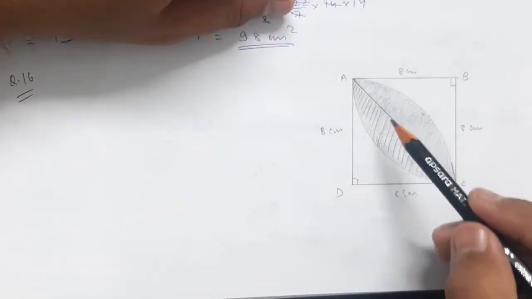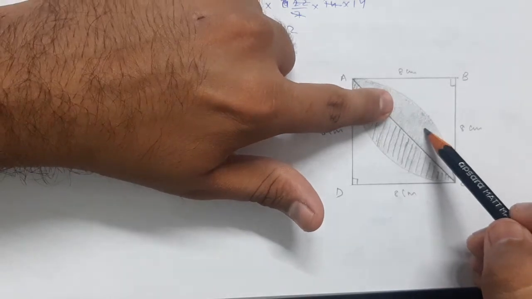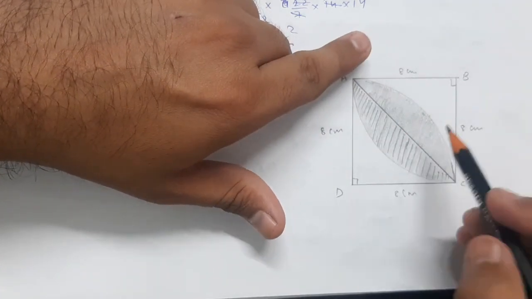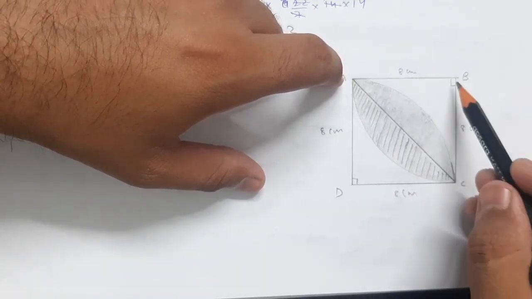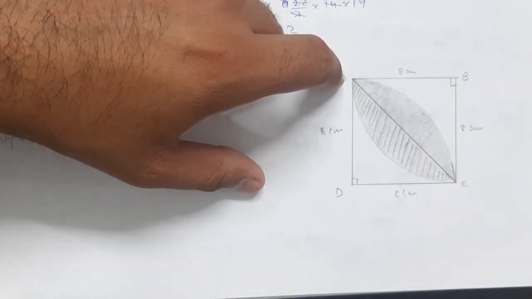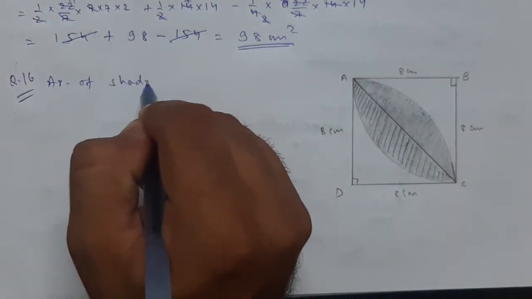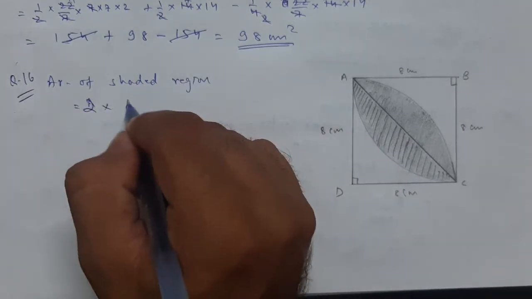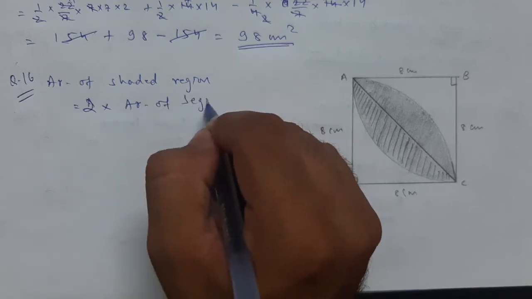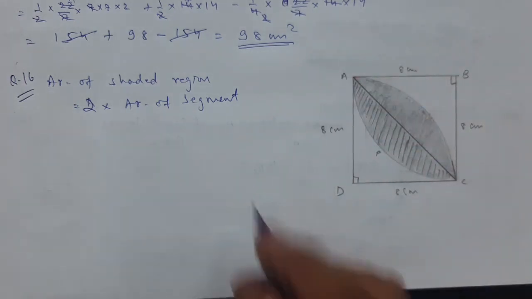Now if you find the area of this segment, you can easily multiply by 2 and you get the area of both. So for area of segment we need two things: the radius as we have 8 centimeter and the center angle as 90 degree. So it is very simple. Area of shaded region is equal to 2 times area of segment. If I name it BAPC,